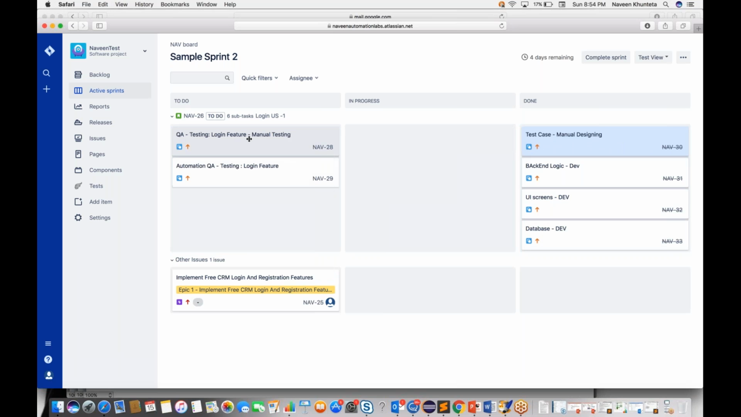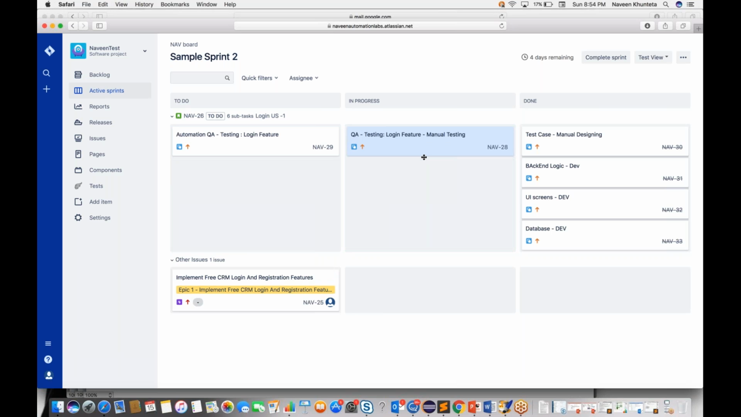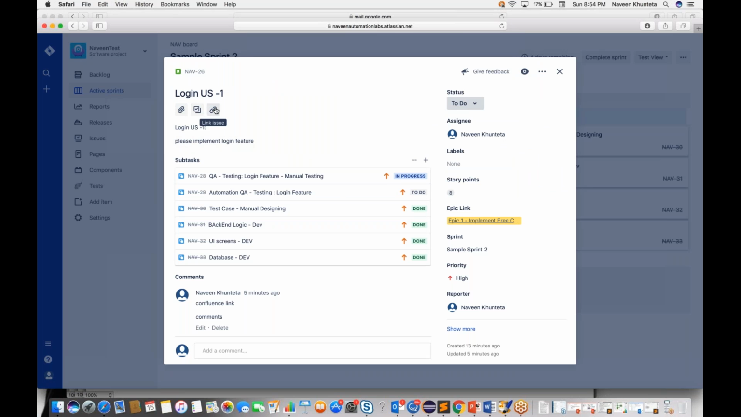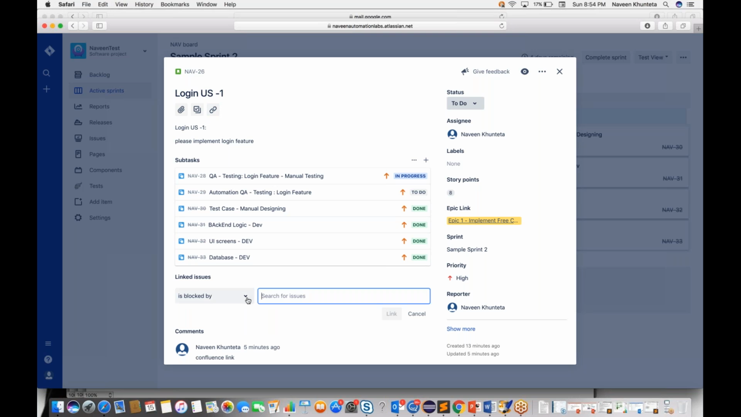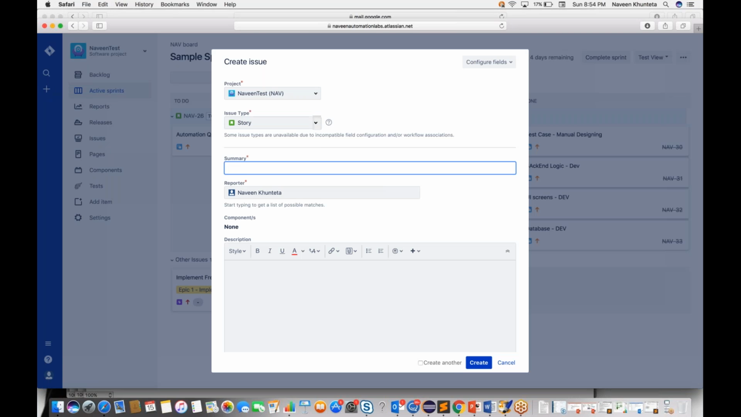So what exactly am I going to do? The login feature manual testing execution, I'll be moving over here, meaning testing is in progress, right? I'll spend 2 to 3 days, and then while testing, in this particular user story, let's see, I found a number of issues. I found one issue. Or I'll do one thing: simply cross it, click on this plus icon,